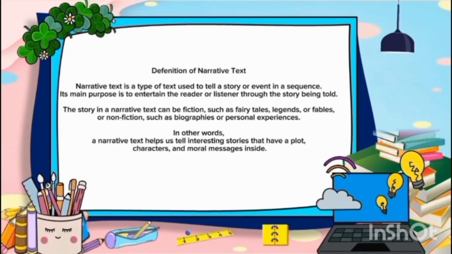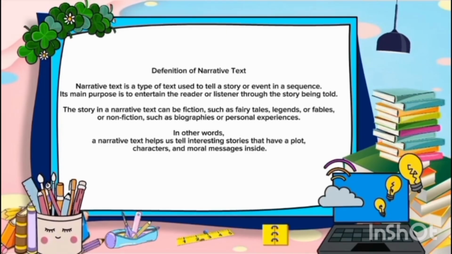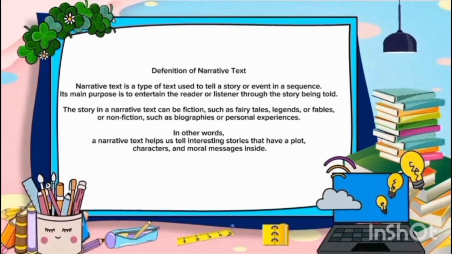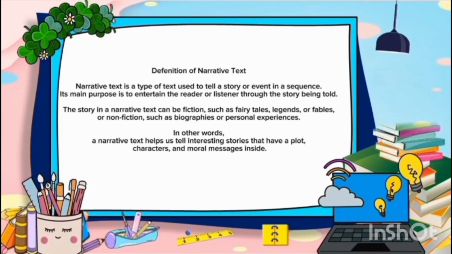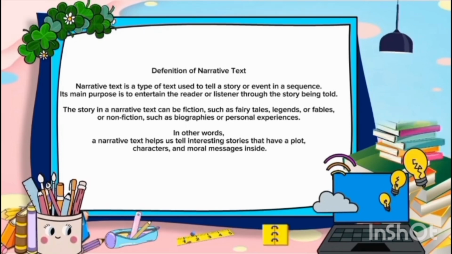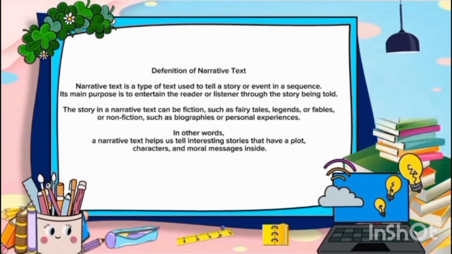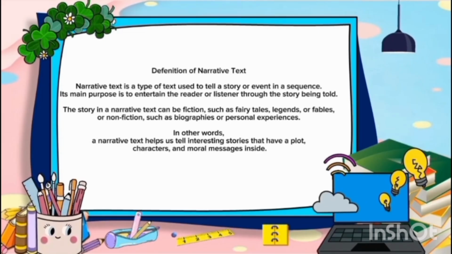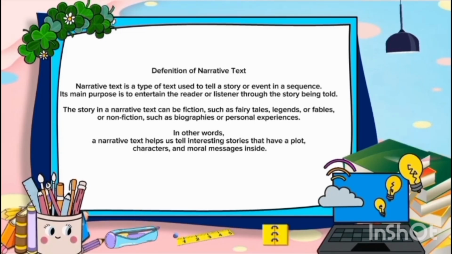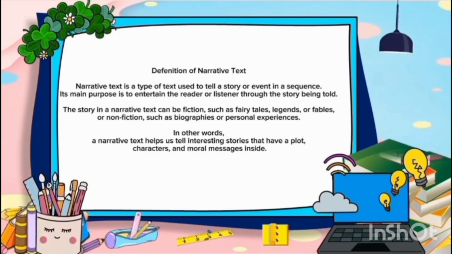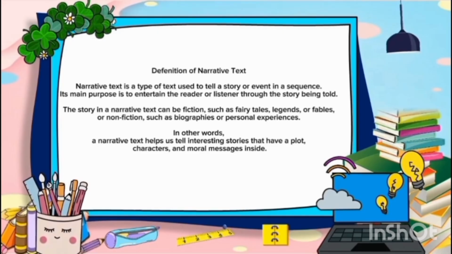The story in a narrative text can be fiction, such as fairy tales, legends, or fables, or non-fiction, such as biography or personal experience. In other words, a narrative text helps us tell interesting stories that have a plot, characters, and a moral message inside.